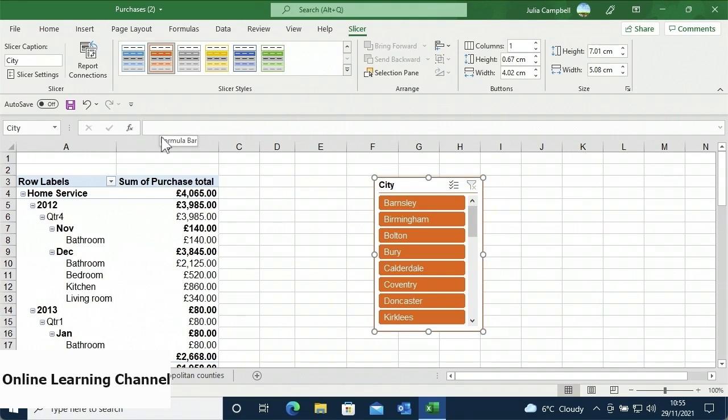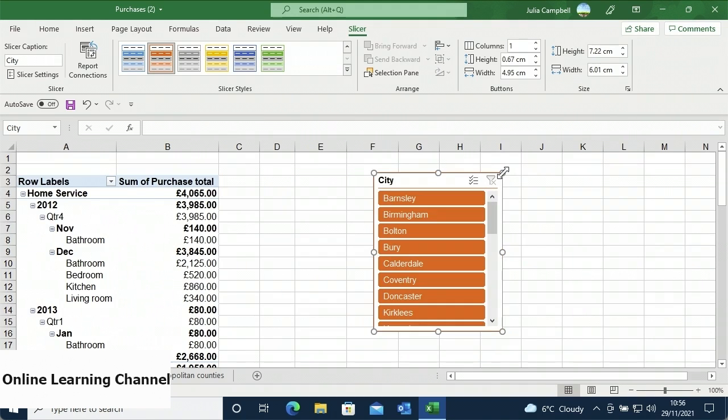You can also resize the slicer itself. This is especially handy to know when working with multiple slicers. Simply click and drag one of the surrounding handles inwards to reduce its size, or outwards to increase it. You can also adjust the width and height manually on the right of the slicer tab in the size group. You can use the arrows on the right of either the height or width field to adjust the size, or